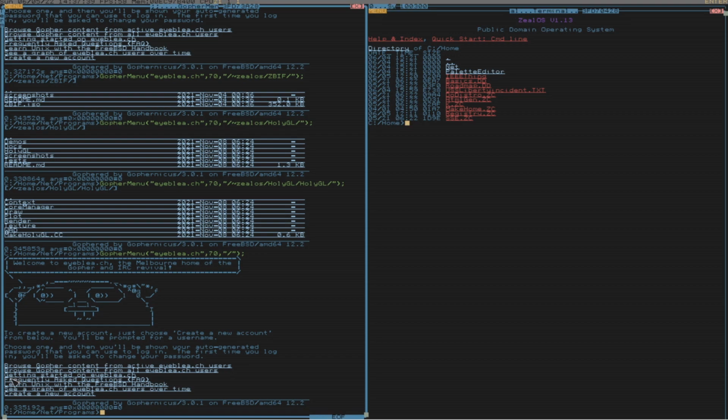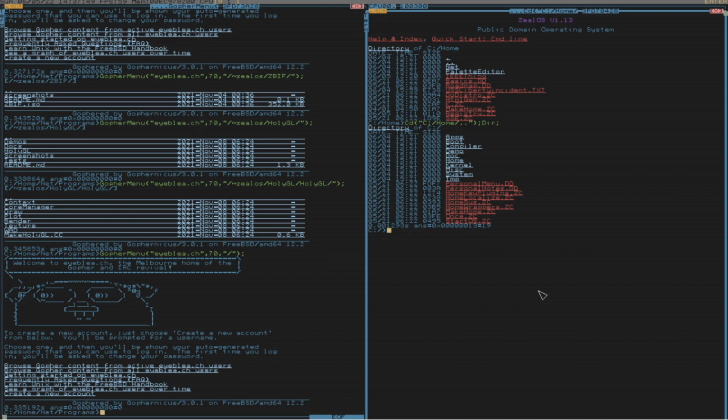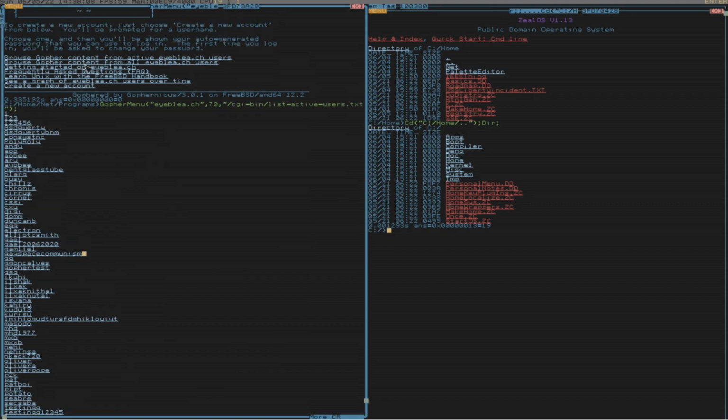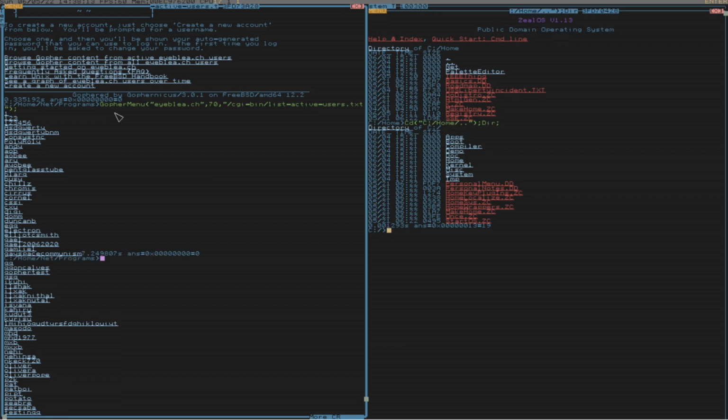But yeah, okay. If you were to browse this, you would browse a regular directory. The 2 dots make it go up a folder, and in this case, when we hit those 2 dots, we get this menu. And in this menu, you can look at contents from other iBleach users. You click on that for the active iBleach, and there's also another option for all users. The problem I have with this website is that